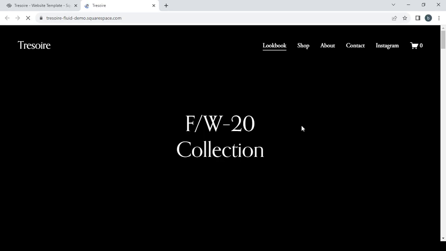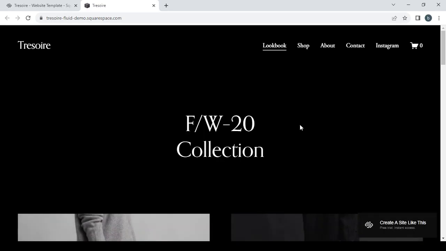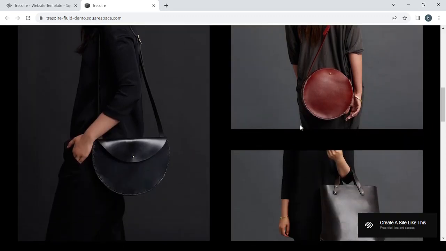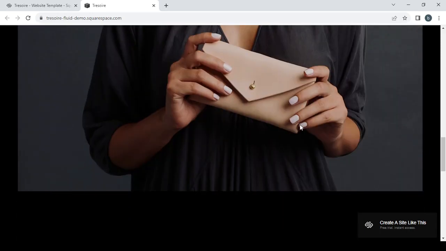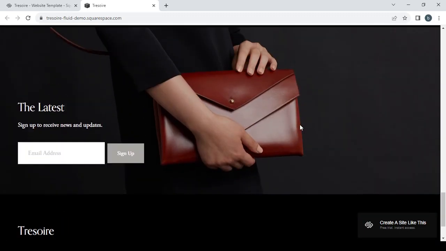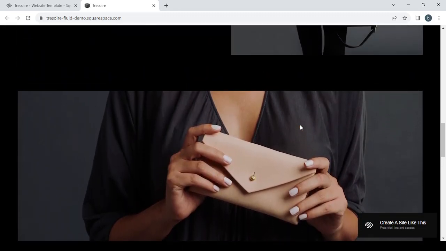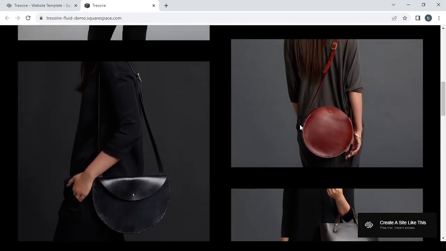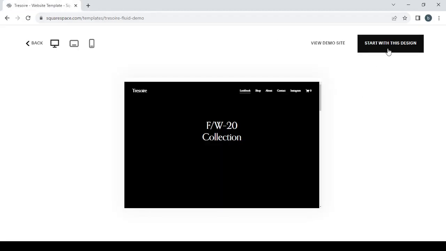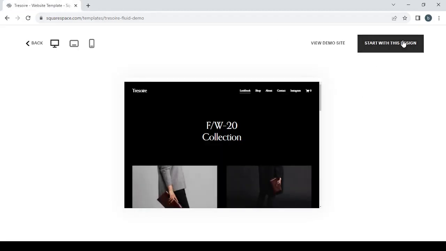So it's a very nice template. I really do like this template. As you can see, it's a charismatic template with its colors and its design. So you will need good pictures for your products. So let's go and get started with this template. Start with this design